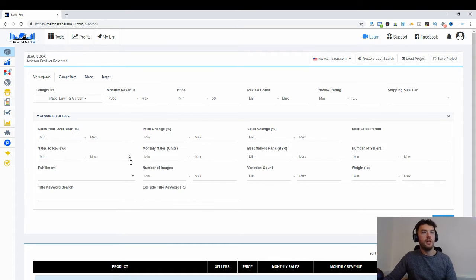The only box I'll tick here, you could set the number of images if you just want to find poor listings. I'd set that to a max of 4, but we're just going to change fulfillment to FBA. We don't want to compete with Amazon. You could look at FBM as well, because sometimes I like to go up against FBM sellers because sometimes it looks as though Amazon favour the FBA sellers. Let's hit search,